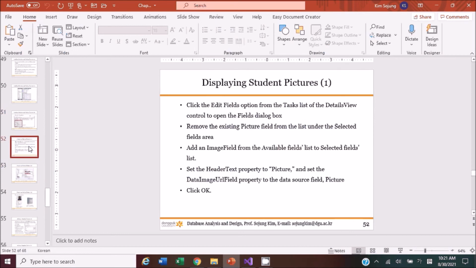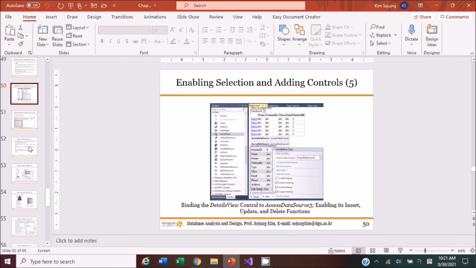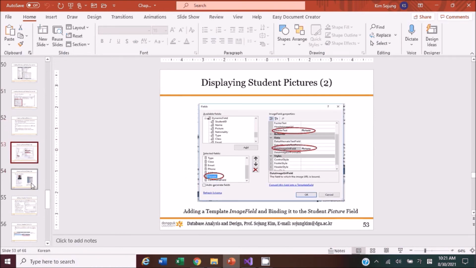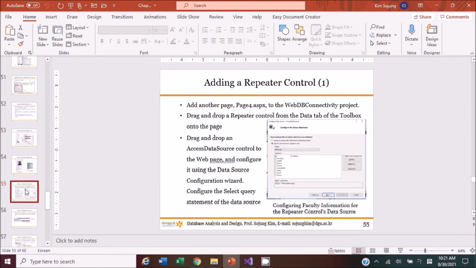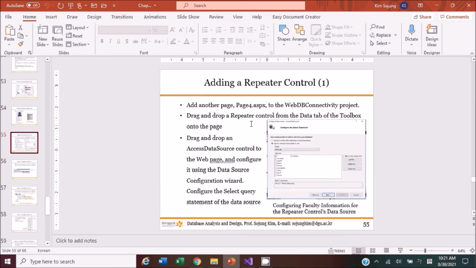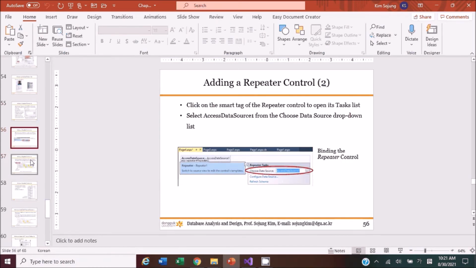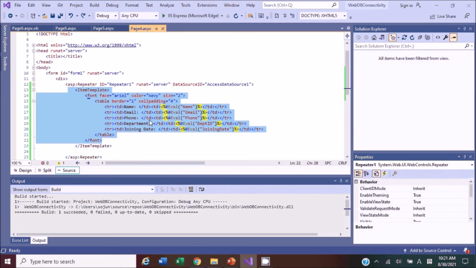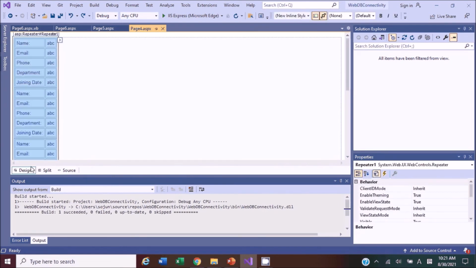Yeah, slide here. So you can just follow the instruction, particularly about the repeater control. So here there is a detailed instruction, okay? And then definitely you need to add this code at the end. But before you do that, you need to insert the